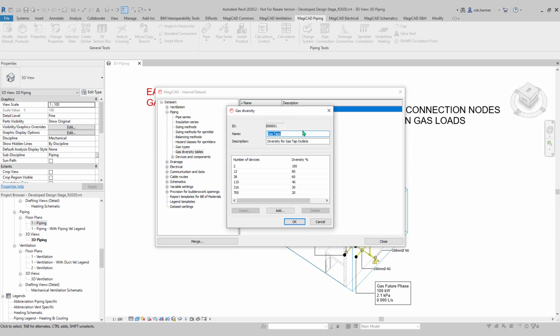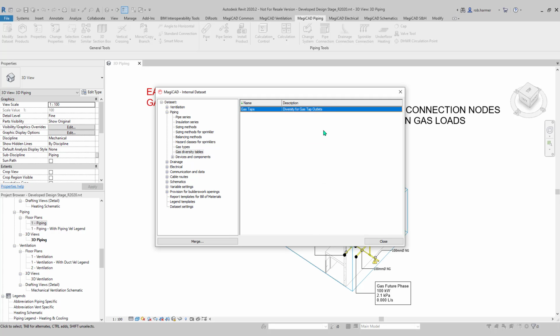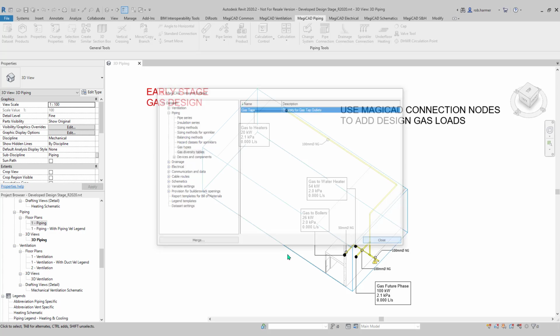I've also set up some diversity tables as well. So if you, for example, have a number of devices, as that increases, you can diversify your gas peak flow rate. Then of course you can set that up with some diversification rules there as well. You don't have to use that every time. It's just something you can configure in the data set prior to using it in the project. So once that's done,